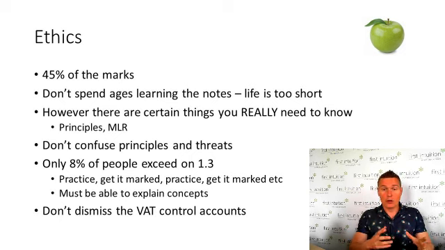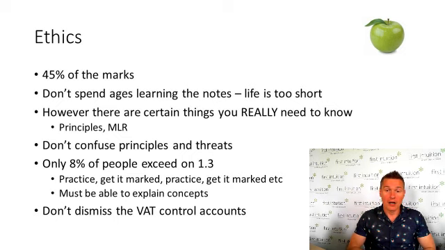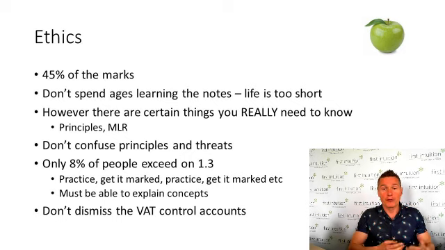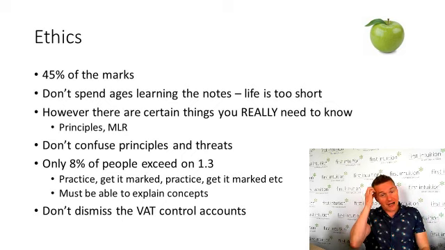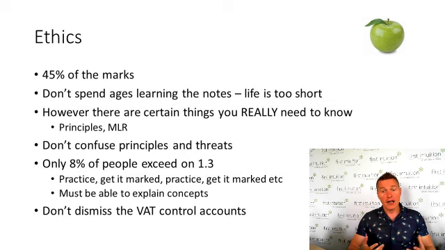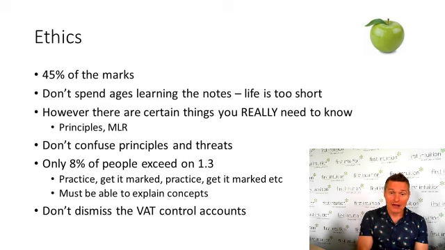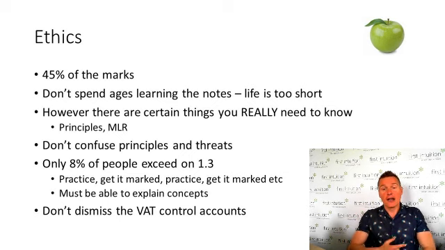But you can see task 1.1, 1.2 are normally very well marked by students that don't normally do very well. 1.3, they fail, so they don't do anywhere near as well, should we say. And this is because it's a big extended writing task, which students generally don't like. You can either ignore it, or you can accept that it's going to be there, and it will lead into level 4, the written task that you're going to have to do. So you're going to have to do it. So the secret to this is just practice. Get it marked if you can by your tutor. Act on that feedback and do it again and do it again.